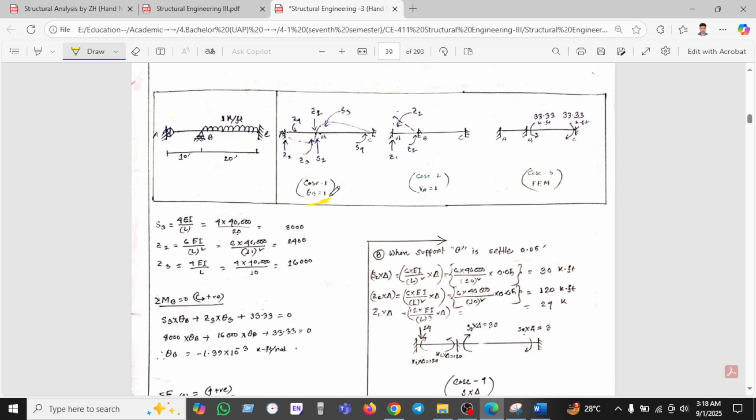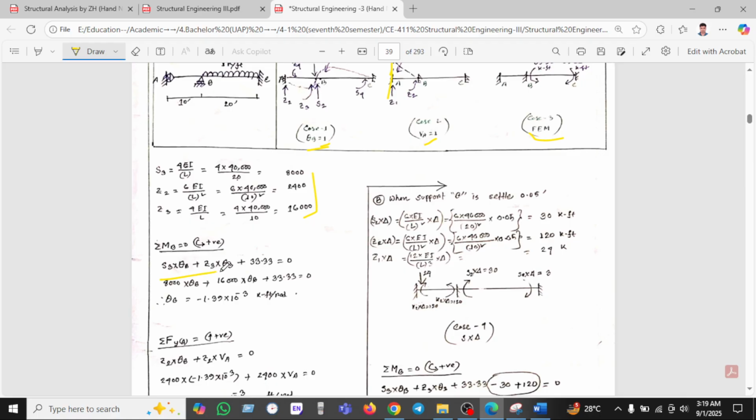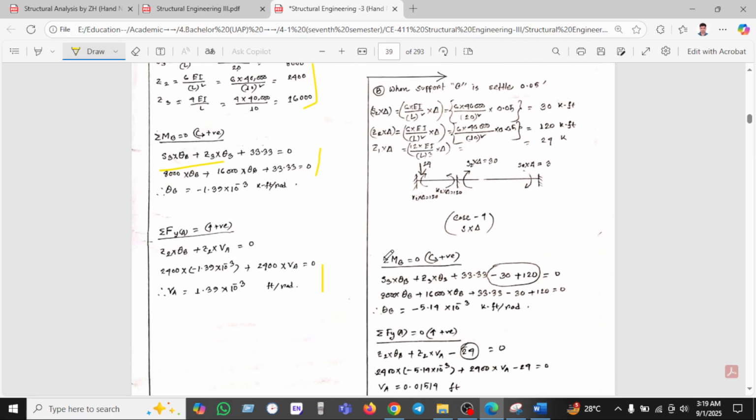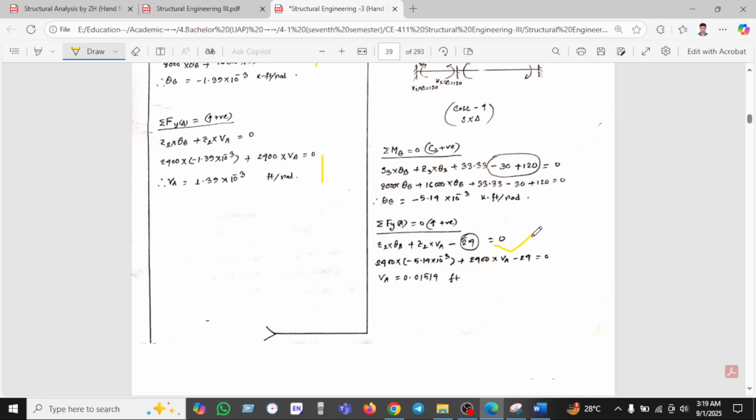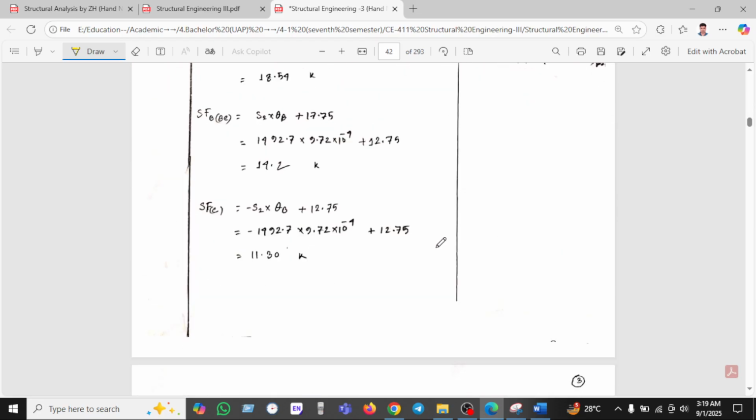The case 1 theta c, taking the theta b is here and b also taking the particle here, and fixed moment which is wl square by 8 or 12, s1 s2 s3, or you can say z1 z2 z3. This is the beam and moment is found here, shear. When the support B is settled, if the settlement is given, then we can calculate here on this value. Okay, so